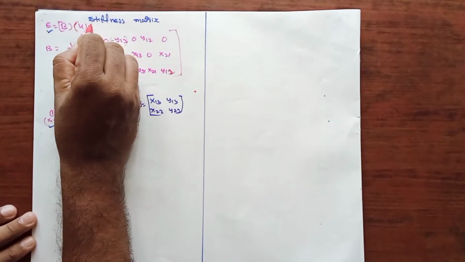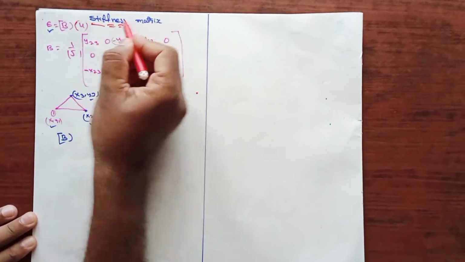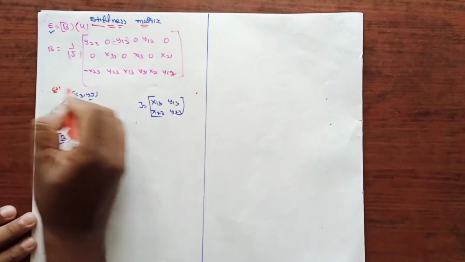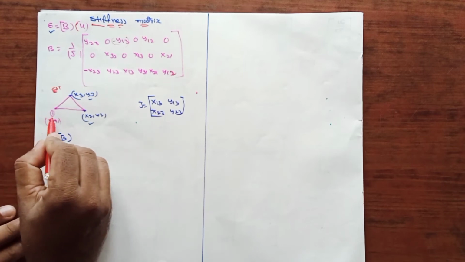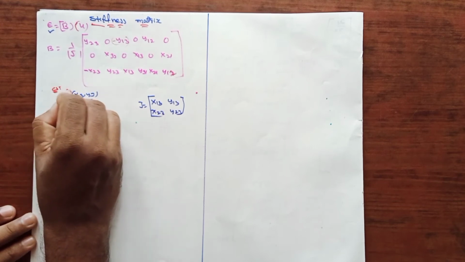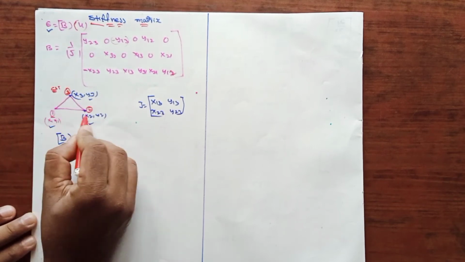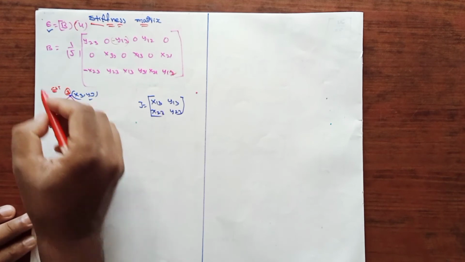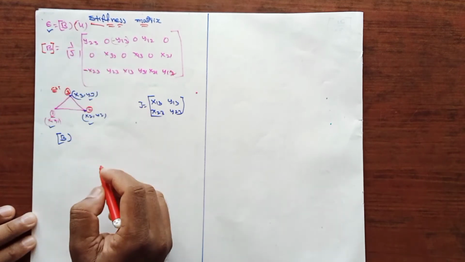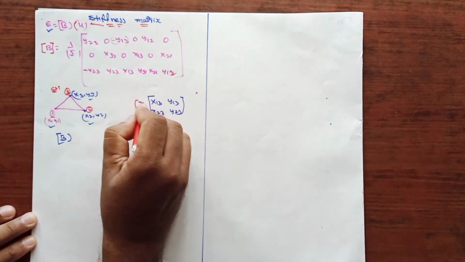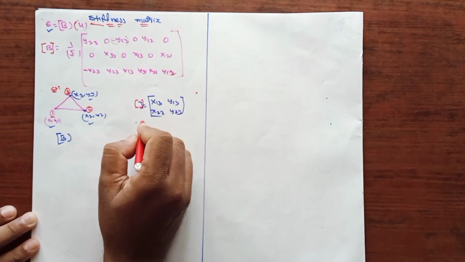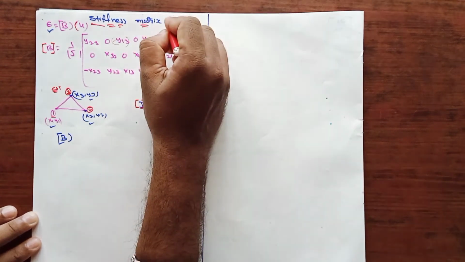So now let us discuss what would be the stiffness matrix for a simple CST element. From the last class, we know the CST element has nodal numbers 1, 2, 3. If you know the coordinate values of nodes 1, 2, 3, it is possible to find the B matrix, that is called the strain proportionality matrix, as well as the Jacobian matrix. Once you know these two things, it is possible to find the stiffness matrix.